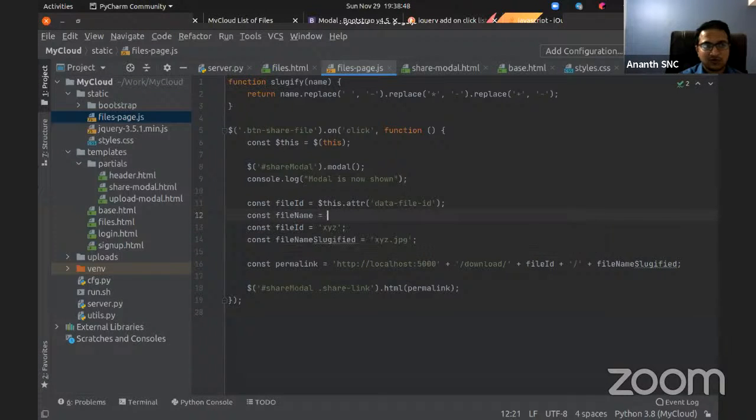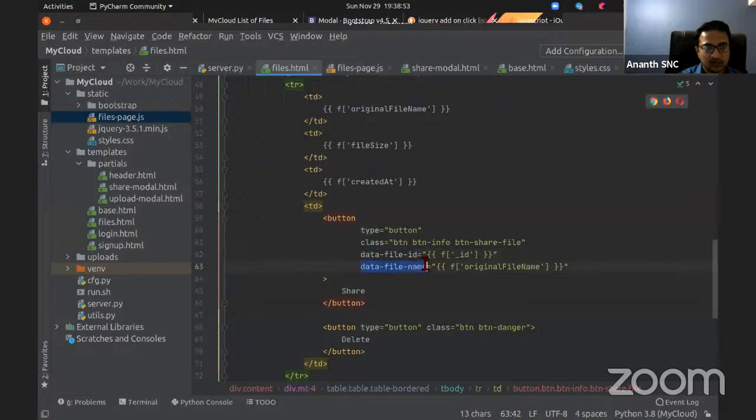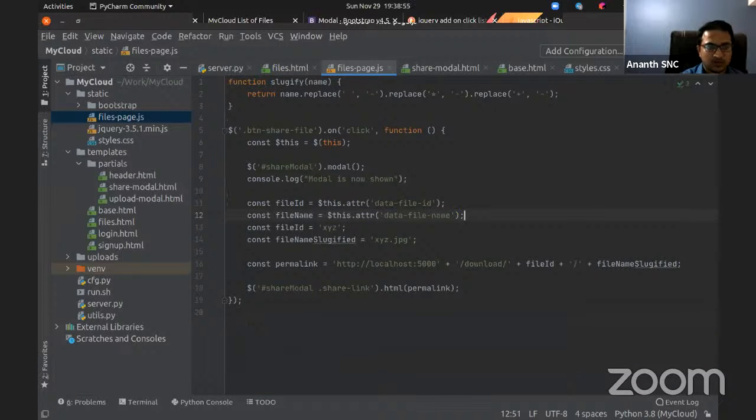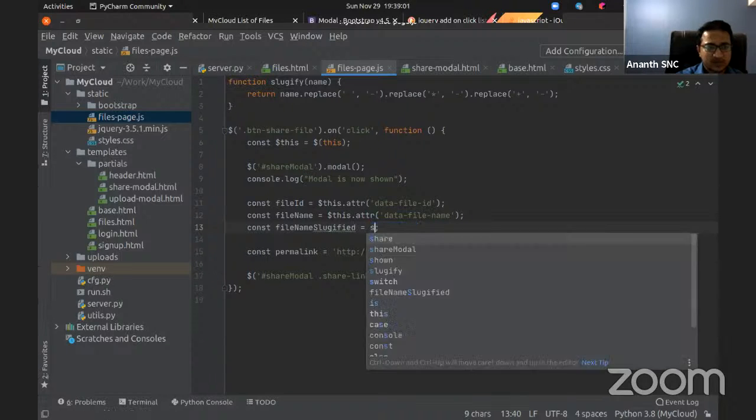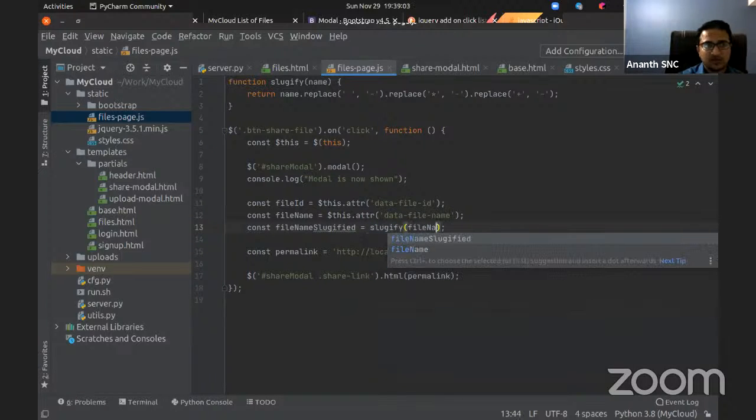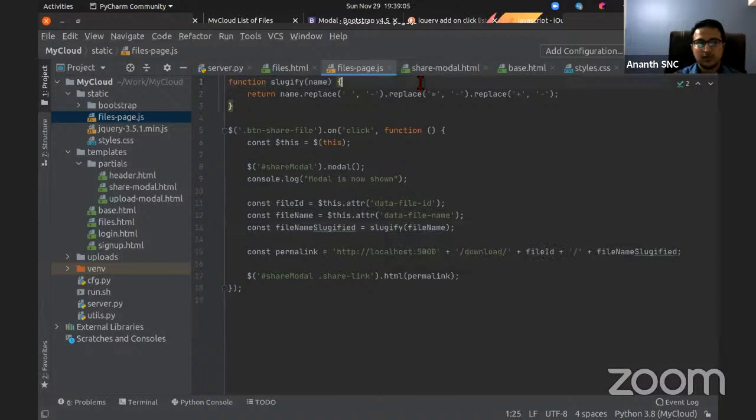And next I'll do file name is attr data file name. Okay, and then let me get rid of this line. So now my file name slugified will be slugify of file name. Okay, I mean, so when you write this kind of functions, guys, it is very important you handle runtime errors,